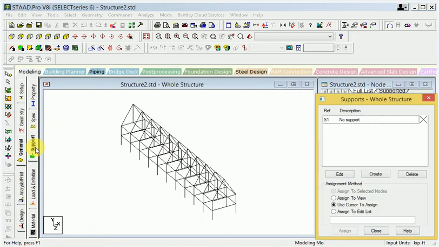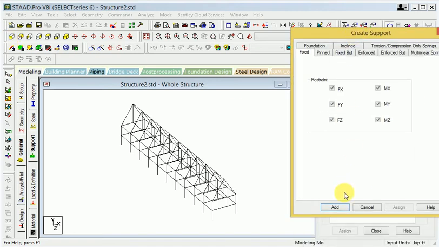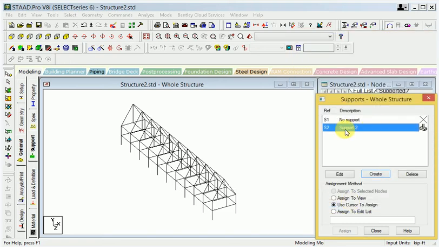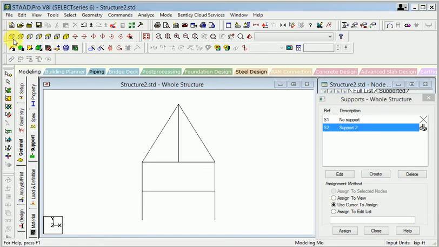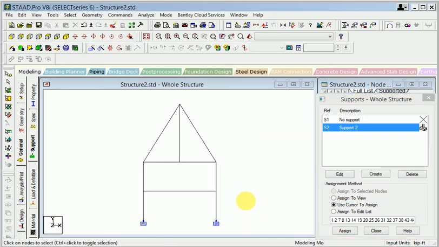First of all, when I get the load, I get the support. So when I create the support, I first use the front view and create the fix. Add right now, and this is the support. In the front view, I click this down direction and assign, and here you can see that the fix is assigned.